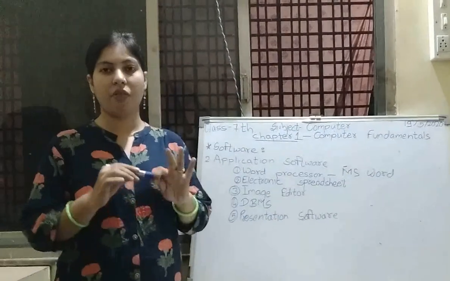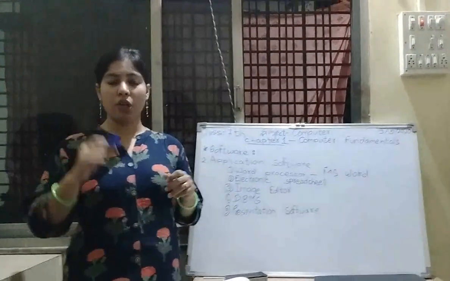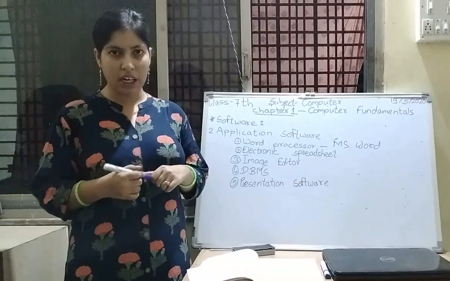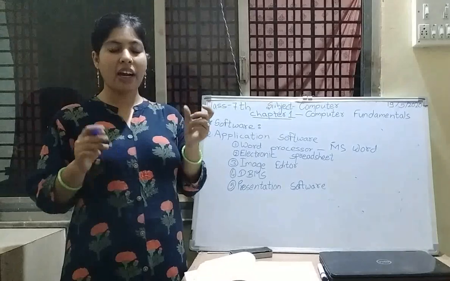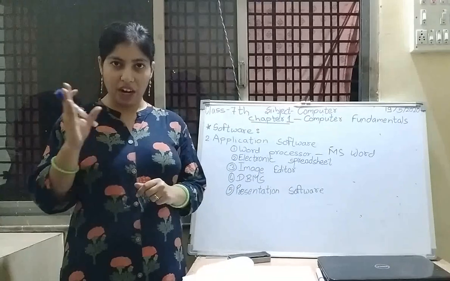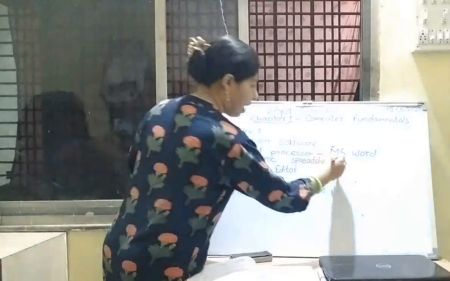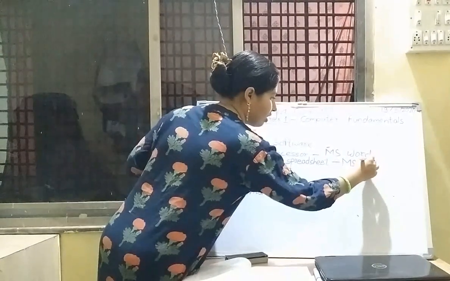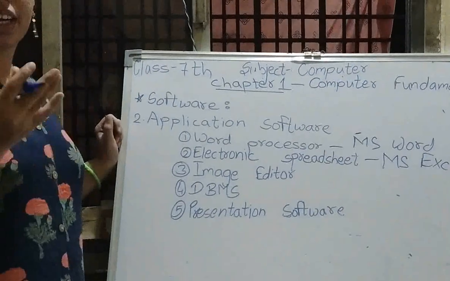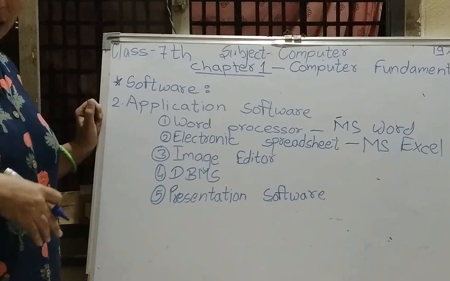Okay, now the next type of application software is the electronic spreadsheet. Electronic spreadsheet in the form of MS Excel, Microsoft Excel. What is there in Microsoft Excel? Your data is arranged in the form of rows and columns, horizontally and vertically in cells. Okay, and your data is maintained in a tabular format after one another. So that is called the electronic spreadsheet. Your MS Excel is known as a spreadsheet which is used for performing the special task, that is arranging your data in a particular tabular format. Tabular format मतलब टेबल के अंदर अरेंज होता है डेटा.